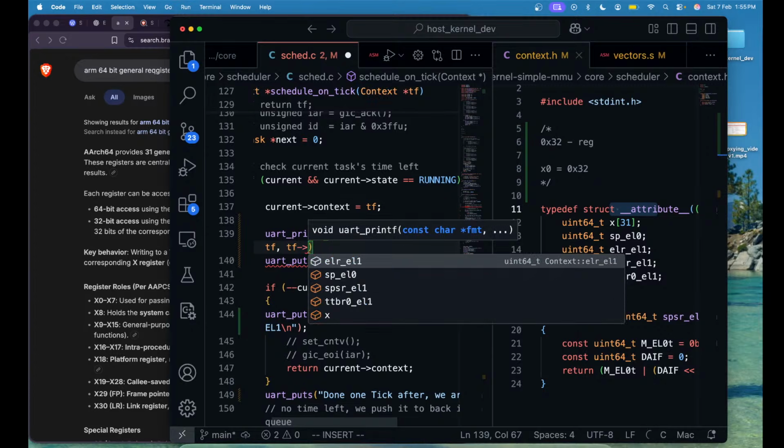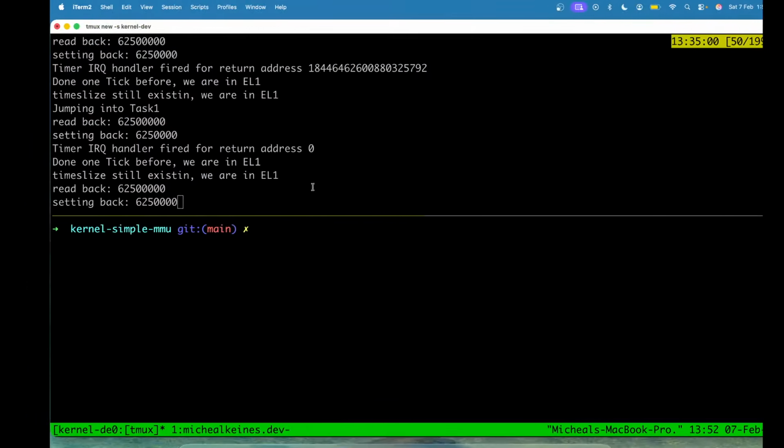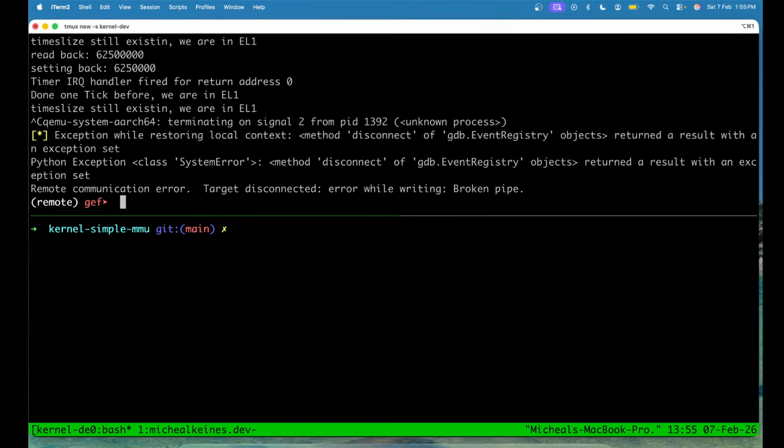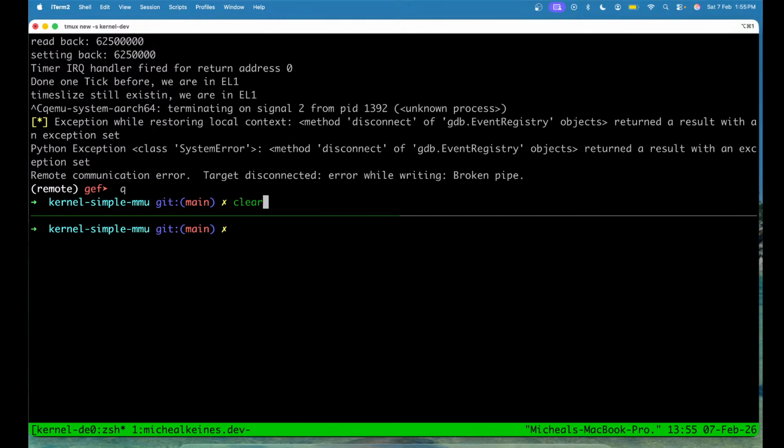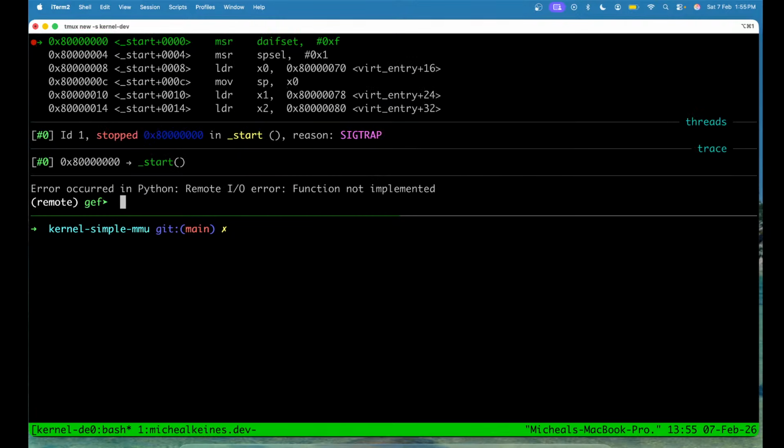There's no such thing as slice left. I just have to put current dot slice left, because current is the actual task. Current has a field called context, and that should be updated with the